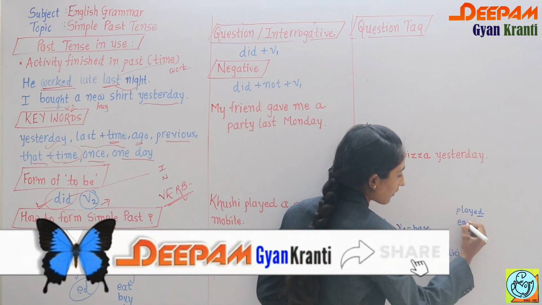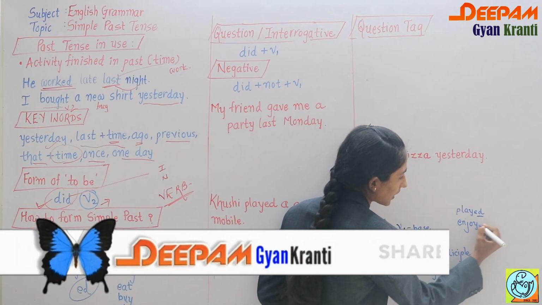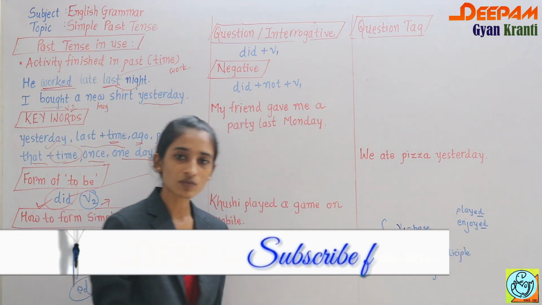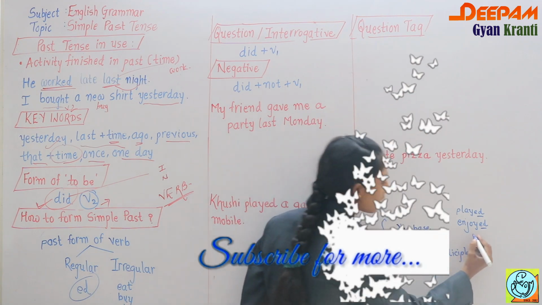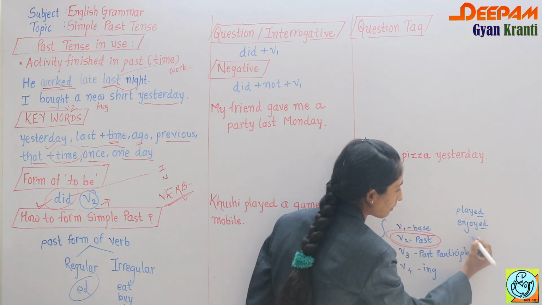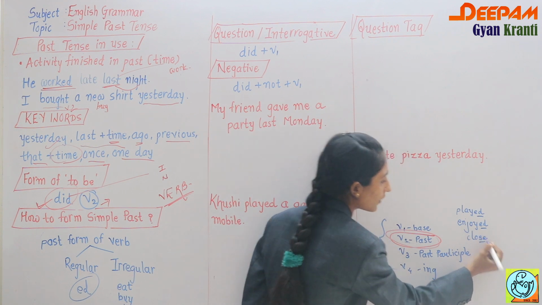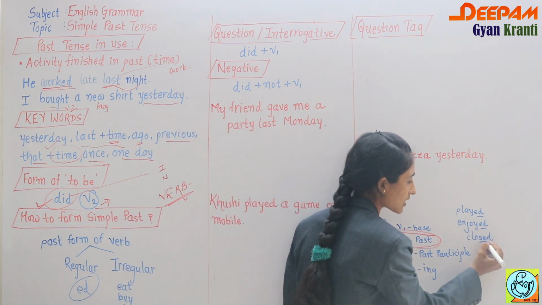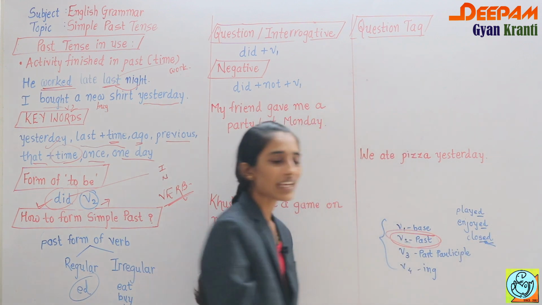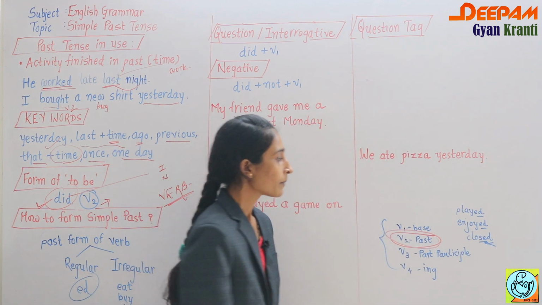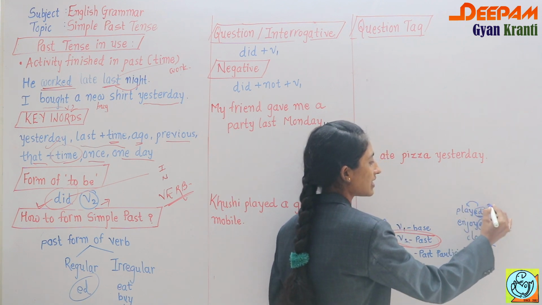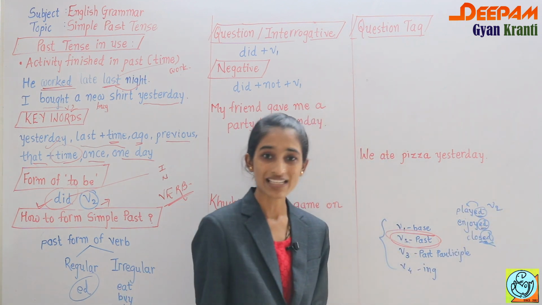Okay, then we have enjoy. Enjoy is a verb, so you have to add only ed. Verb means action words. Then we have play, played; enjoy, enjoyed; close. Close is a regular verb, so you have to add only d because e is already there. Generally, if regular verbs are there, you simply add ed and your verb changes into the V2 form, which means the past form.